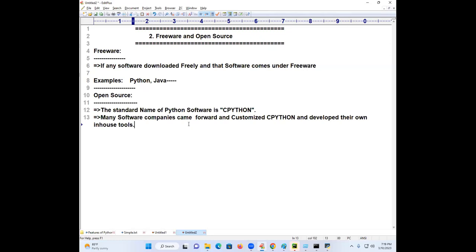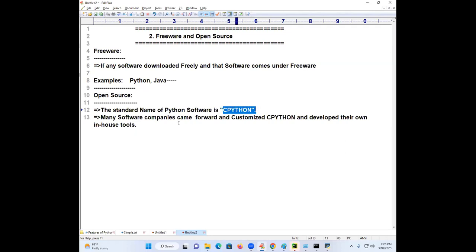That is not a universal tool. Only that company will be using it for testing performance and the quality of the softwares. Such in-house tools are generally prepared from freewares. They customize them and develop their own in-house tools.